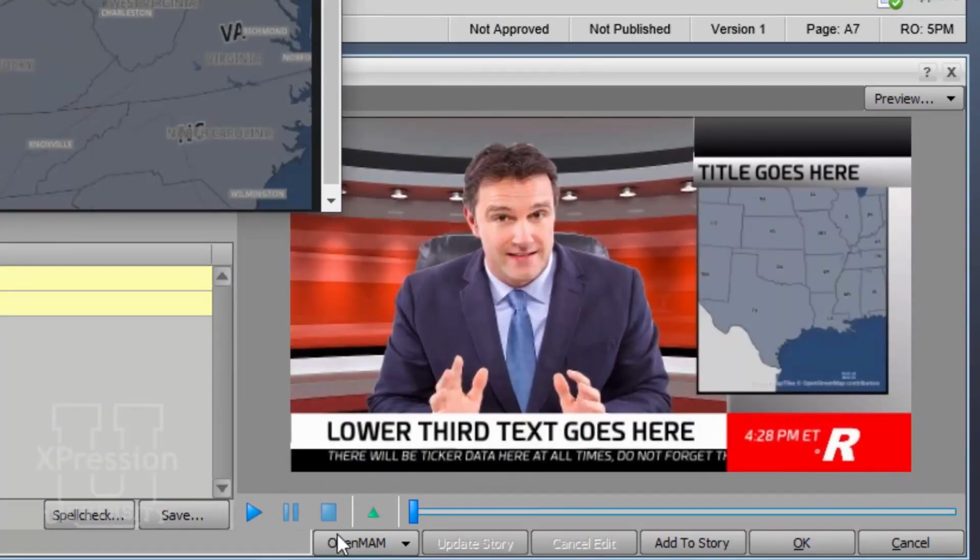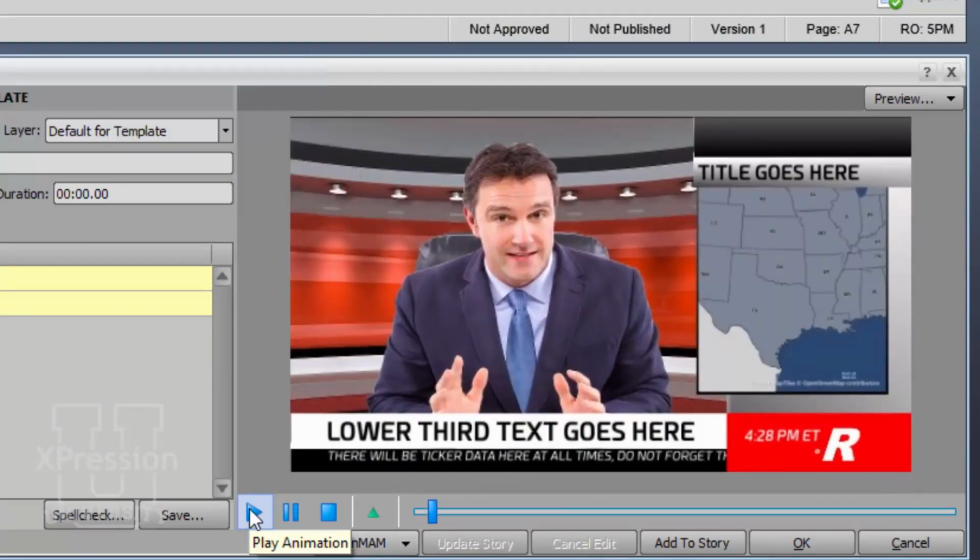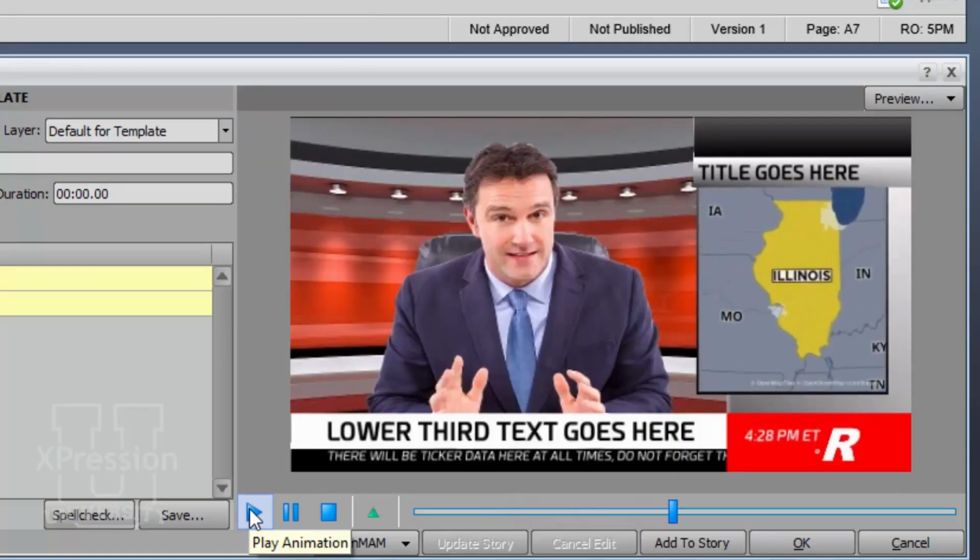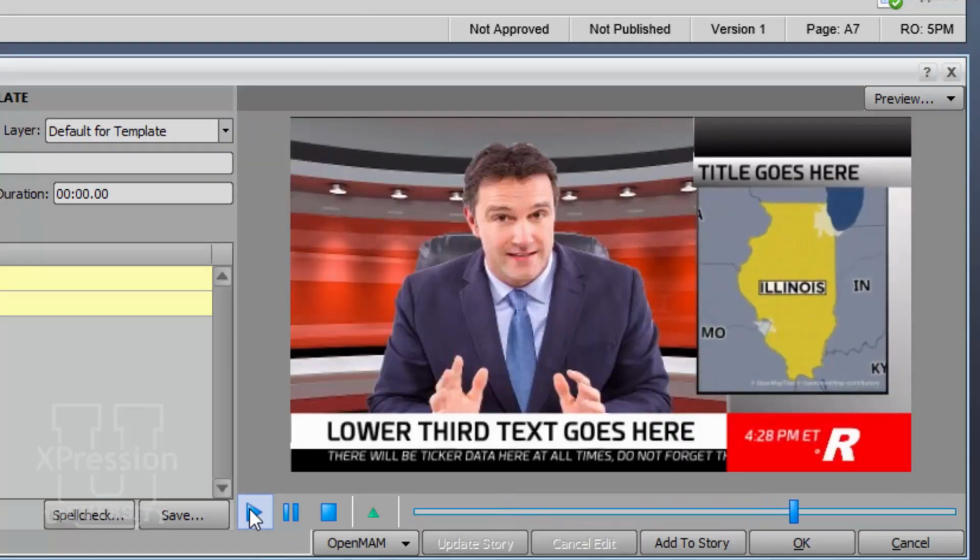This is my map. When I play it, what you'll notice is when it zooms in on the animation, Illinois will occupy that window and it will fit properly. So this is a way that I can make sure that I use this and put it in properly. And again, this map is still capable and it's still within my system,